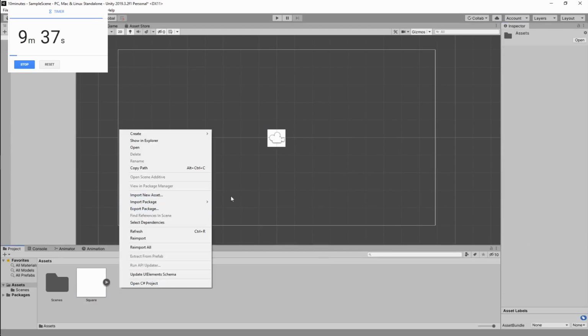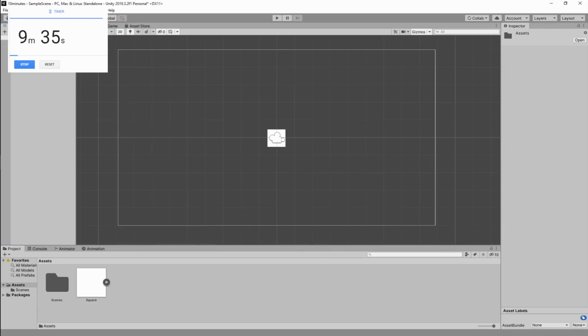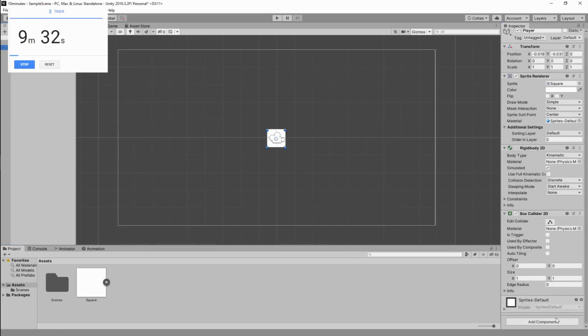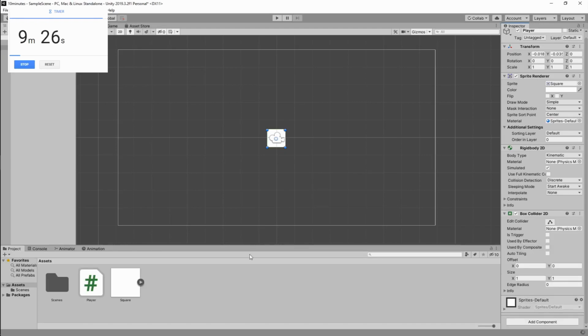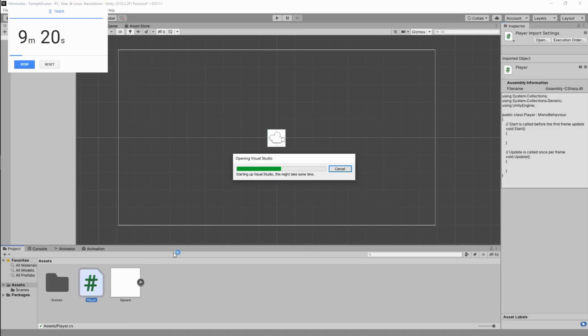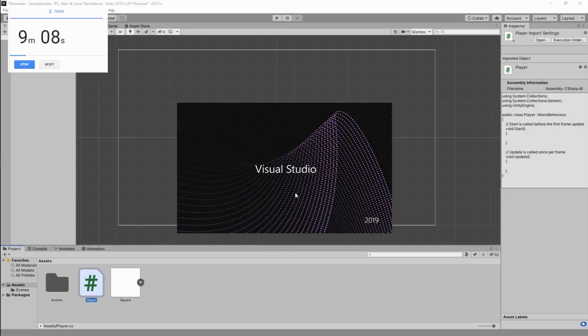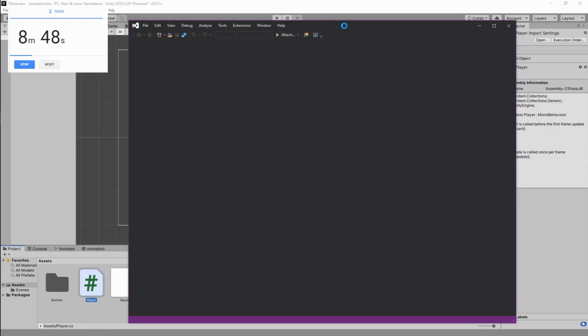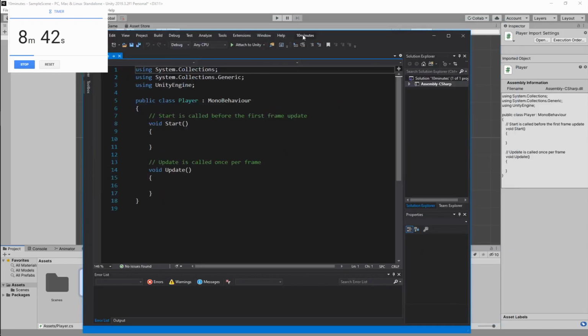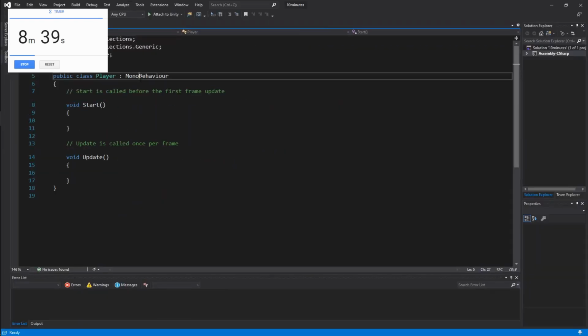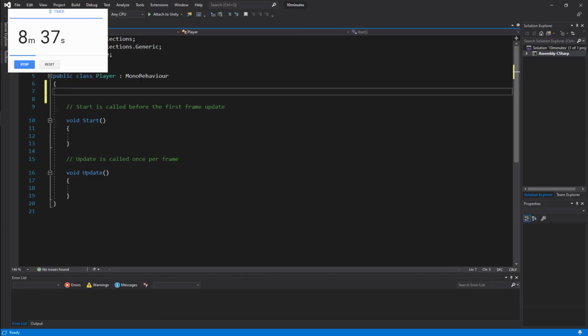So I'm gonna create a, oh wait, I have to wait for Visual Studio to open. Oh no. I'll call this player. And open up the script. Please, open up the script fast. Hurry on, 8 minutes. Please, there you go. Okay, so I'm gonna have to create a public Rigidbody2D,